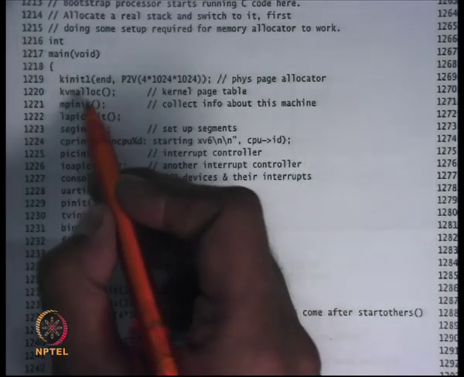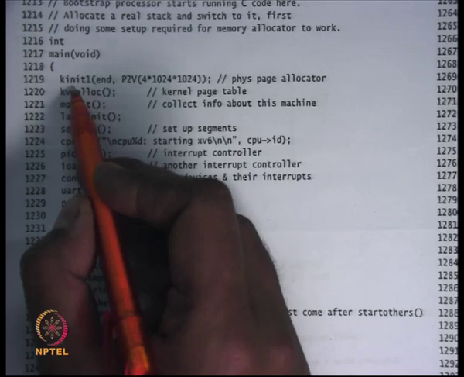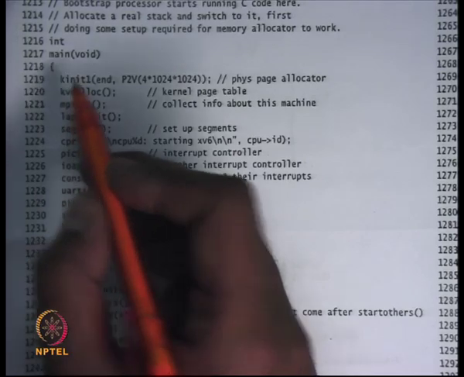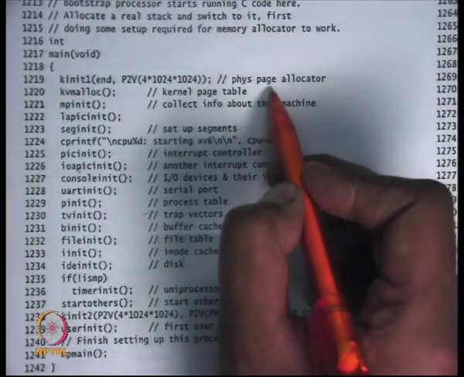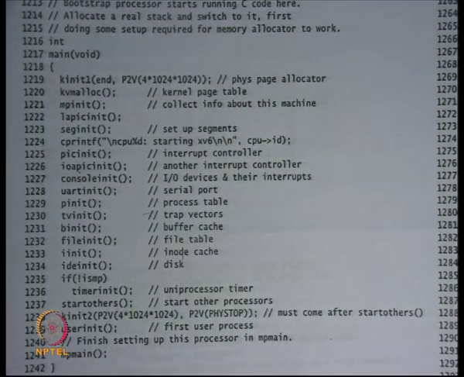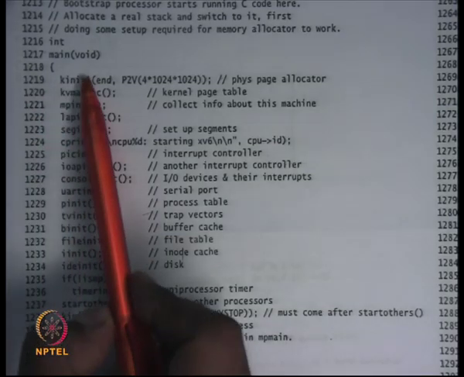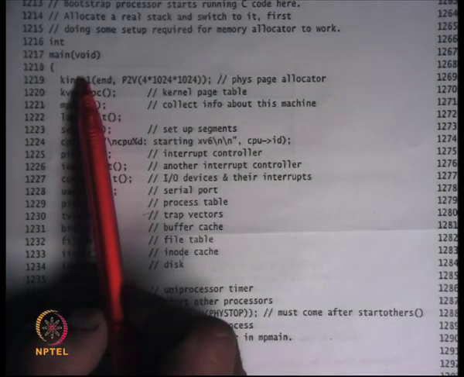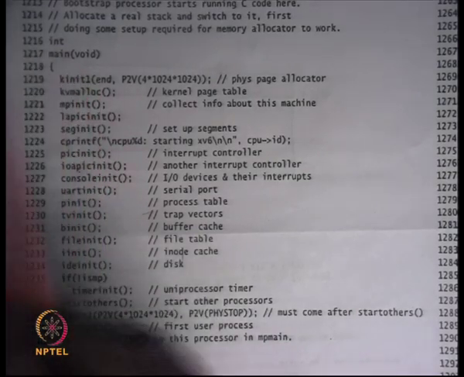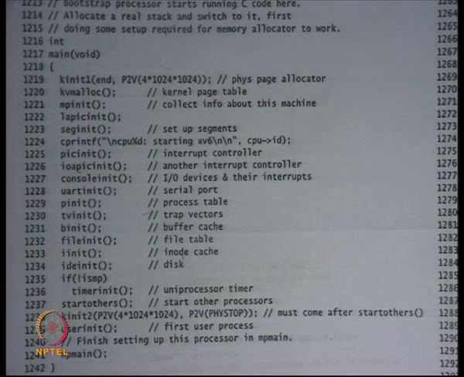All right. So the first function it calls is kinit1, and this is a physical page allocator. It's going to initialize functions called kalloc and kfree that allow you to take physical pages from the available address space. We're going to study this later, but let's just assume that this function works correctly, and after it has executed completely, the kernel can make calls to kalloc and kfree, right?